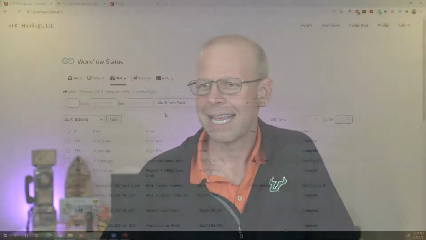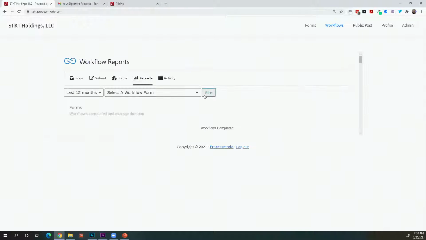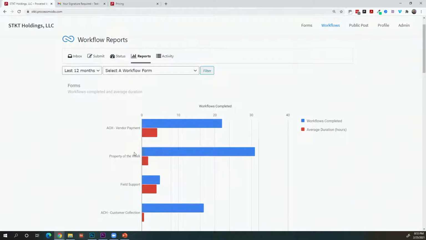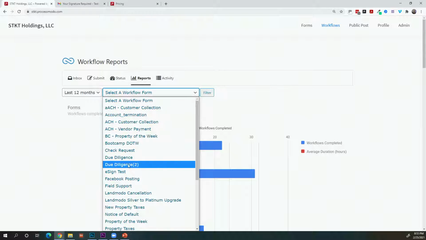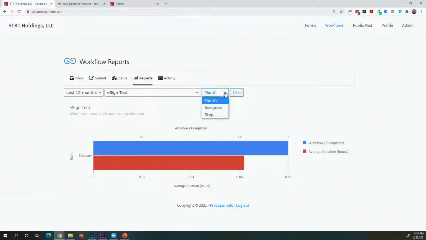That's what I want to do. I don't have AI cameras looking at my people, but I do have Process Moto. So what I'll do is sit here and look at the reporting capability. The nice thing about it, when it loads, there it goes, is I can get even greater detail by workflow. For example, we just talked about the e-sign test. I can look at it even by month, and I'm just going to filter this. You'll see that so far in February, I've run 2 of these tests, and the time to complete the transaction has averaged